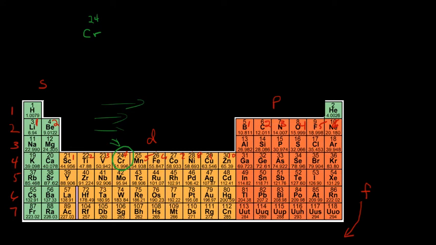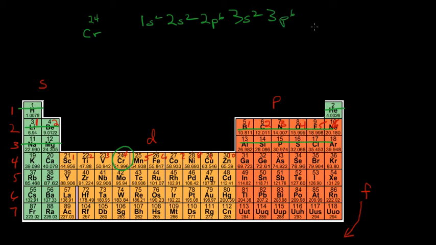Okay, so we can say that it filled the 1s orbital, so it filled the hydrogen and the helium. All right, so it's 1s2, and then it filled the 2s2, and then the 2p, right, 2p6, and then it filled the 3s2, it filled the 3p6, it filled the 4s2,